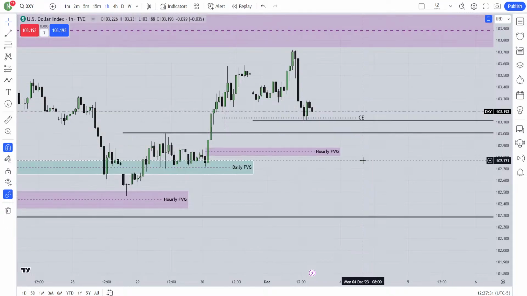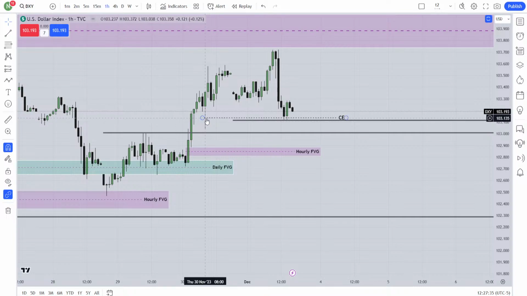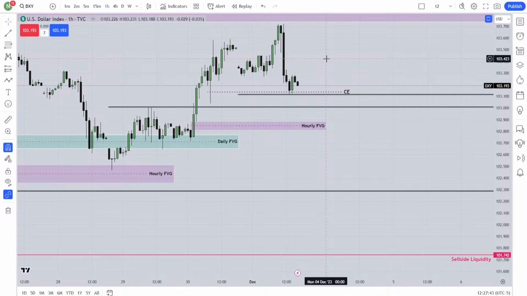Okay, if you remember, I have marked that constant encroachment. I wanted to see that market will reverse from that constant encroachment and it will start to go higher. Now I would love to see if it can go higher now. That's good. If it can go through that low, this hourly fair value gap will be targeted. I mean, it will tap over there and then it will go higher. Okay,